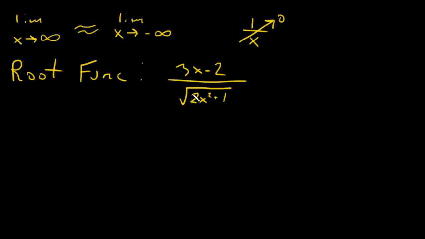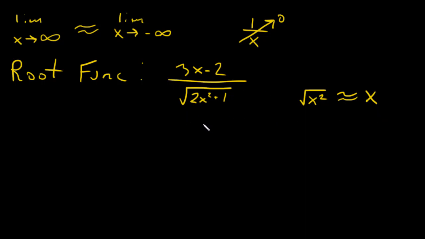But for a function where I have a root of something squared down here, I need to be really careful when I think about what's going on, because in order to divide every single term by the highest power x, a couple things. The highest powered x is an x squared down here. That x squared is under a root, so it's really like saying the root of x squared, which is approximately x. So if I were going to divide by the highest powered x, I would want to divide every term